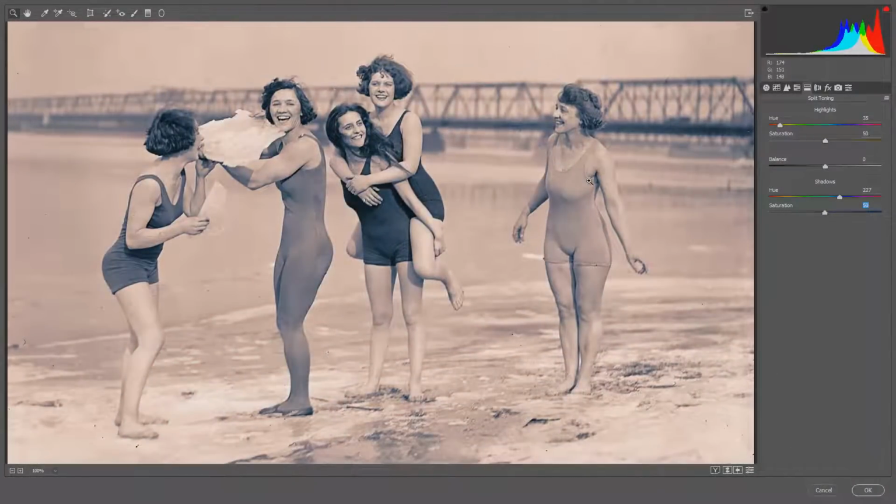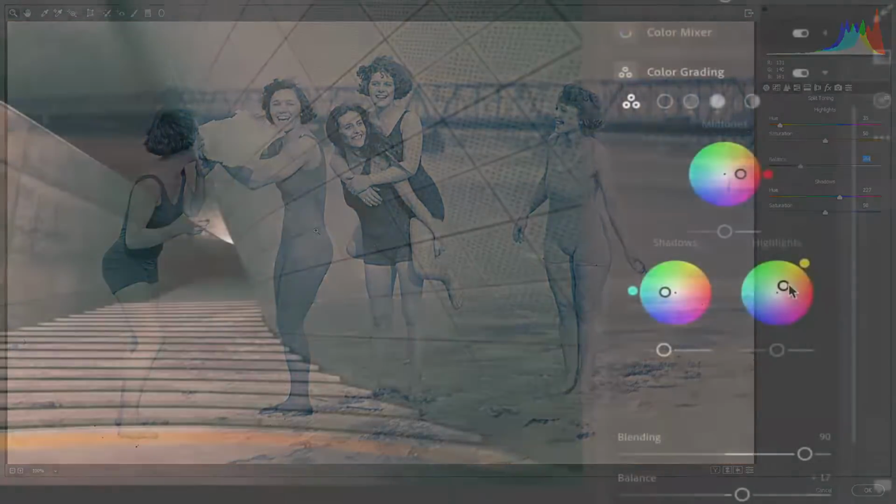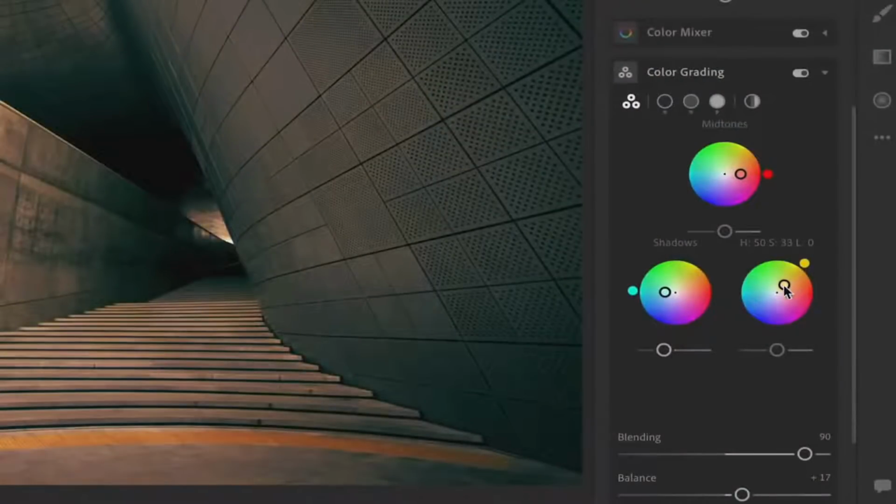Now, I've covered split toning in Camera Raw and in Lightroom a couple of times, and it's basically a way of adding a bit of color to the highlights and the shadows of an image, a little bit of eye candy to your photographs. This one is going to be a full advanced color grading feature that will allow you